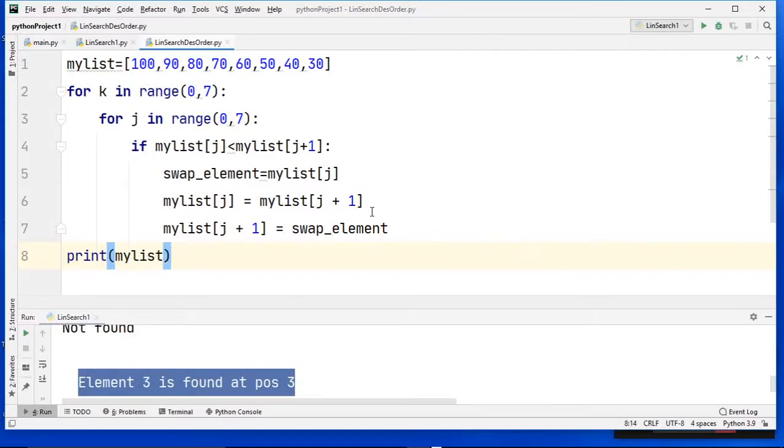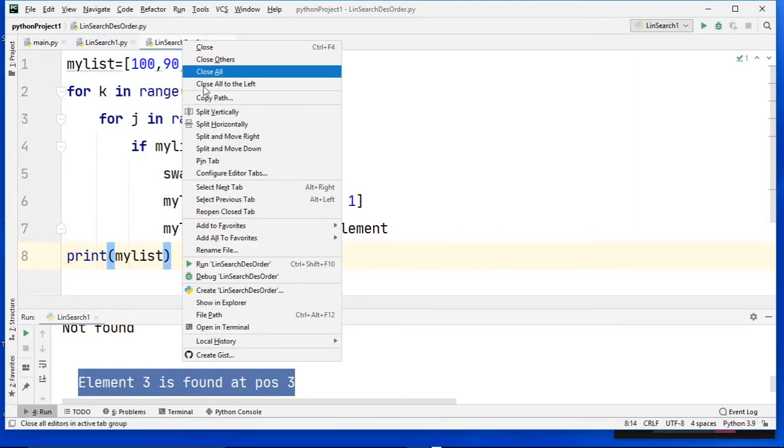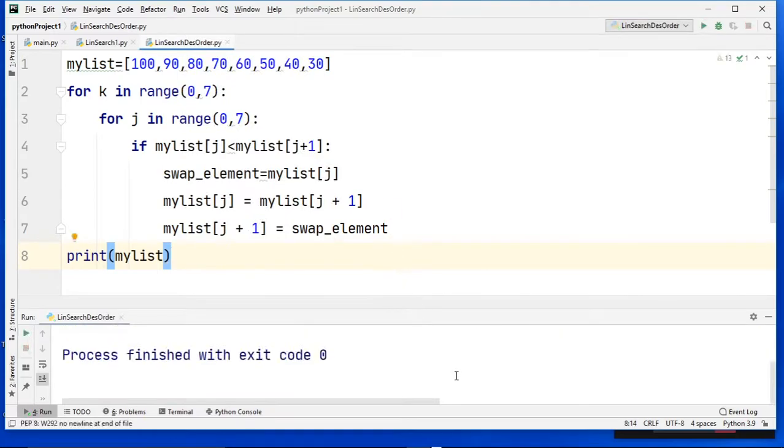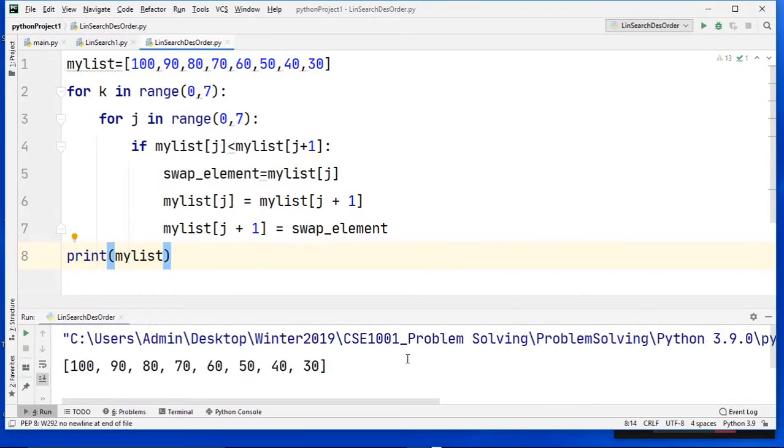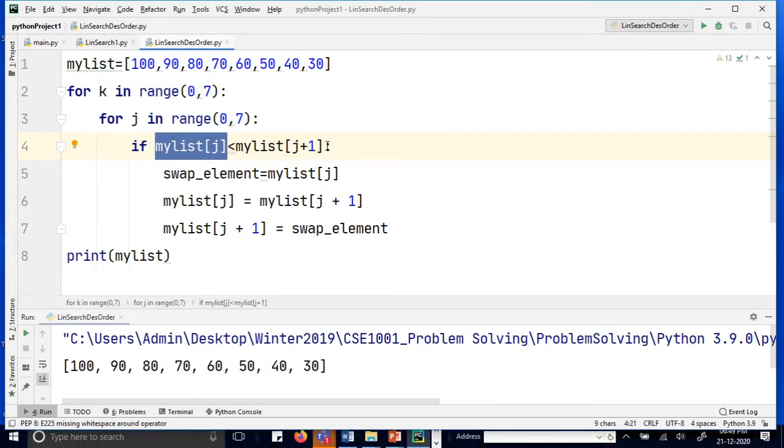So students, let's see if this works. Descending order, it is working. So in case of ascending order, we have written my list j greater than my list j plus 1. In this case, just the opposite of it. That means my list j less than my list j plus 1. So by this process, what will happen? This element, if it is less than this element,